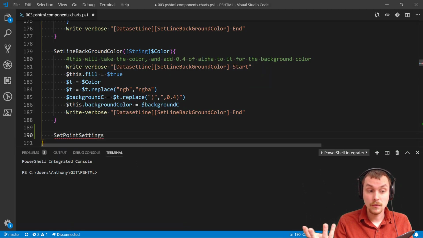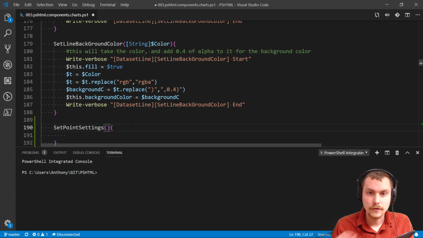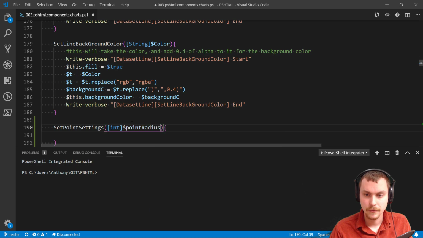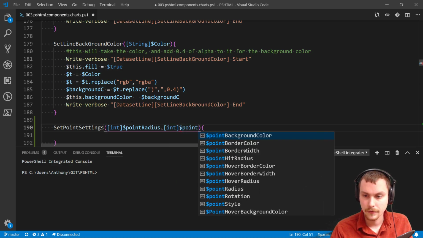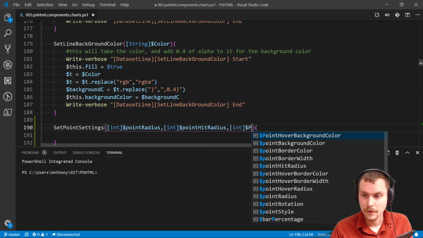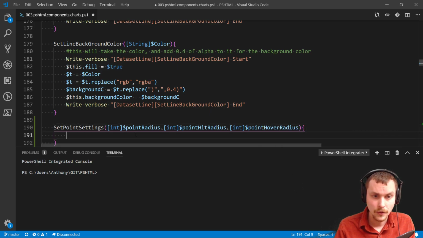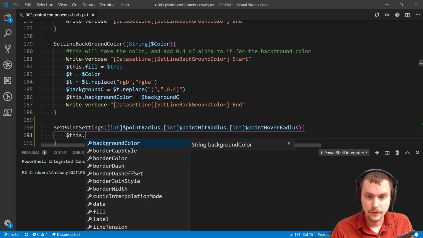Since I was thinking one method to set multiple settings, since they're all fairly similar. So we'll do set point settings, and we're going to have 3 integers, point radius, and then point hit radius, and then point hover radius. Okay, cool. And then it's just a matter of saying this dot